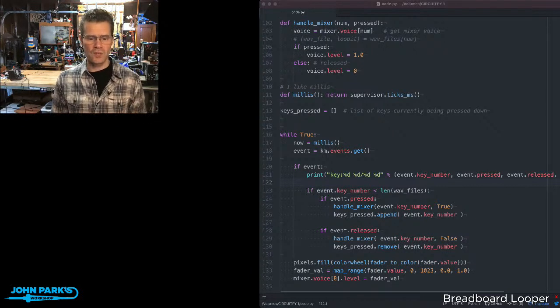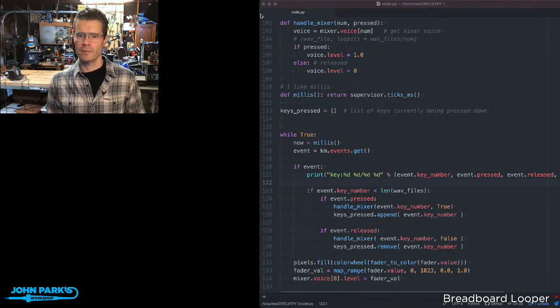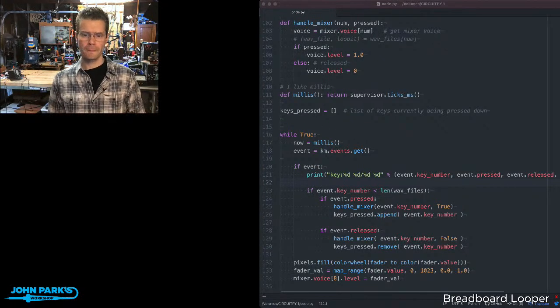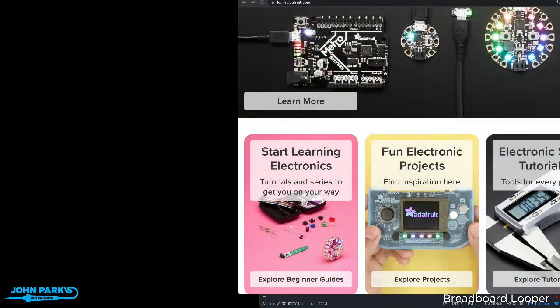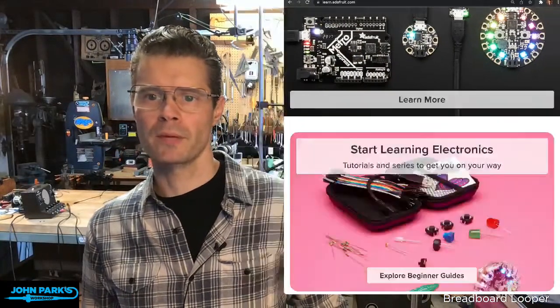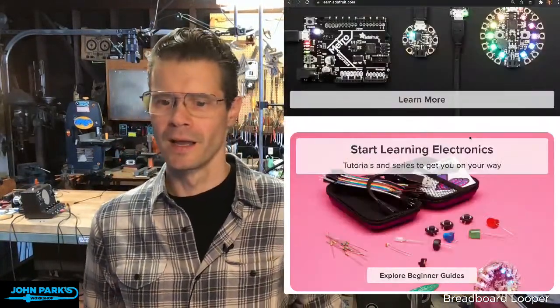I just finished up a guide for the little web server. Let me go to my... There you go. Oh, this window got big. Hold on. It's a little better.